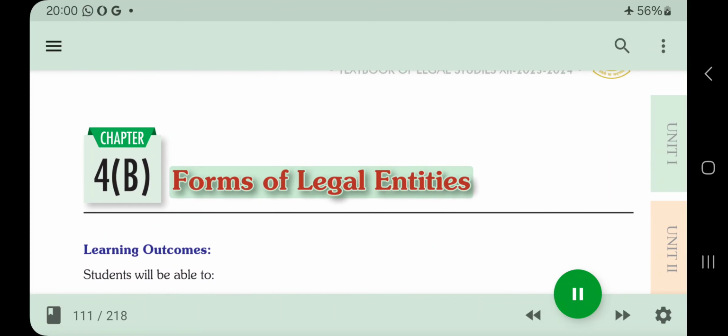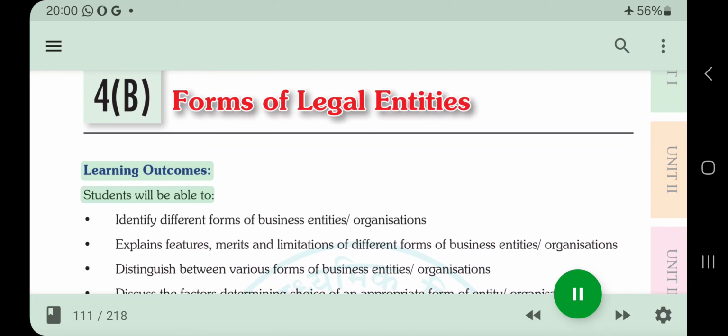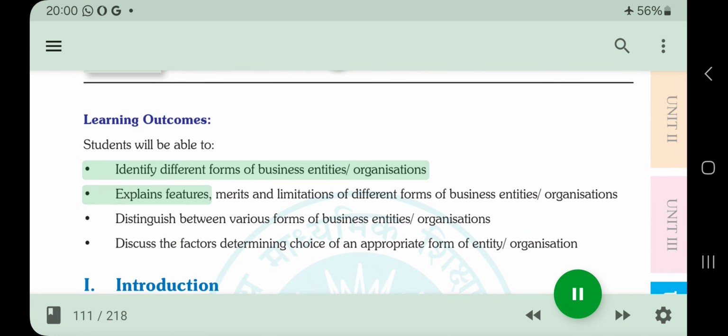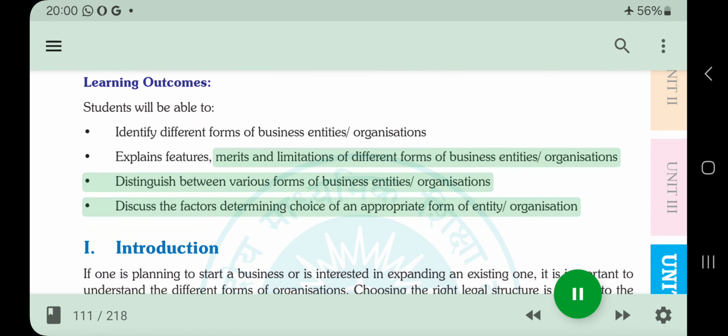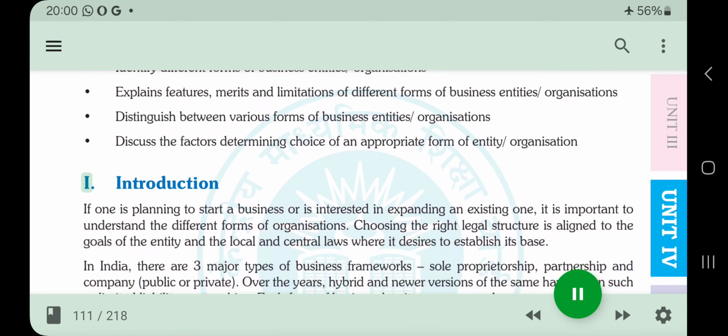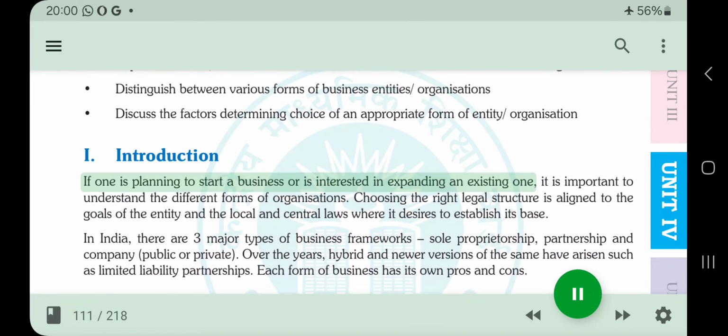Forms of legal entities. Learning outcomes. Students will be able to identify different forms of business entities, organizations, explain features, merits and limitations of different forms of business entities, organizations, distinguish between various forms of business entities, organizations, discuss the factors determining choice of an appropriate form of entity, organization. I. Introduction. If one is planning to start